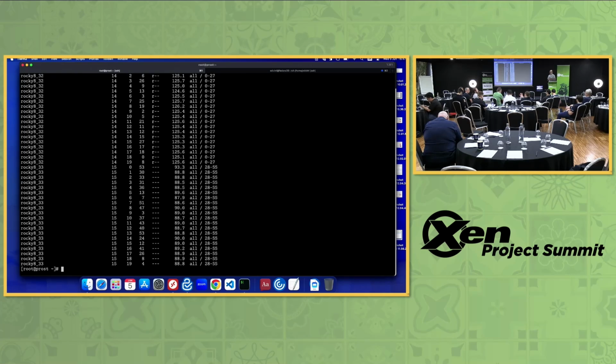You can set the soft affinity. Soft affinity means please run here if you can; if you can't, run somewhere else. You can set the soft affinity on a vCPU, and then you can allocate memory out, and then you can